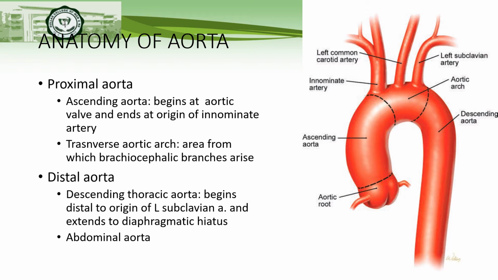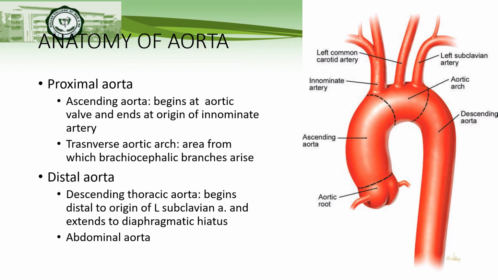The first portion of the ascending aorta is the aortic root, which includes the aortic valve annulus and the three sinuses of Valsalva. The coronary arteries originate from two of these sinuses. The aortic root joins the tubular portion of the ascending aorta at the sinotubular ridge. The transverse aortic arch is the area from which the brachiocephalic branches arise. So here,